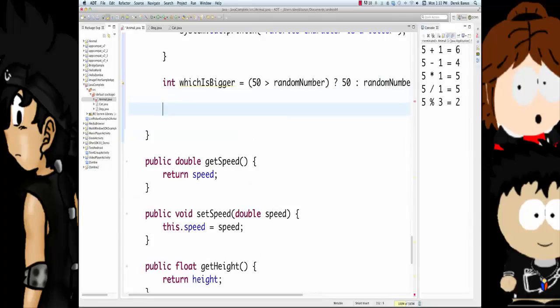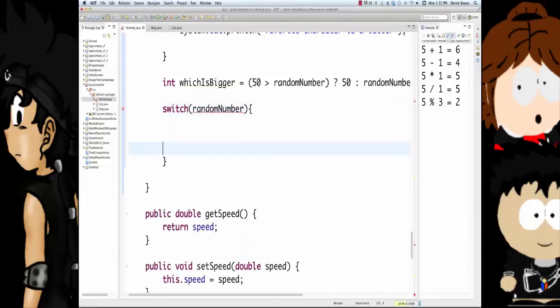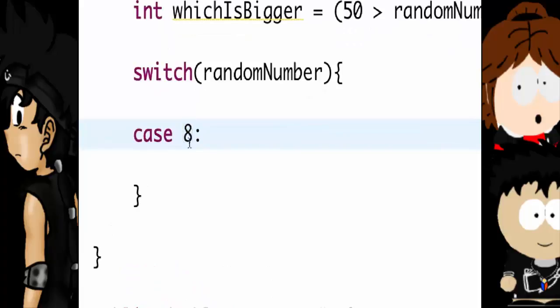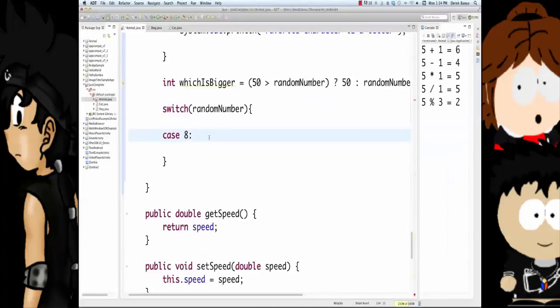Then another way to compare when you have a limited number of values you're working with is called a switch statement. To use it, just go switch, random number. There are those braces again. In this situation, you go case, and the number I'm looking for is 8. The data types you can use here, like I have for 8, are int, byte, or character, or if you're using Java 7 or above, you can use strings. If you're using characters, you have to put single quotes around them, and if you're using strings, you put double quotes around them.